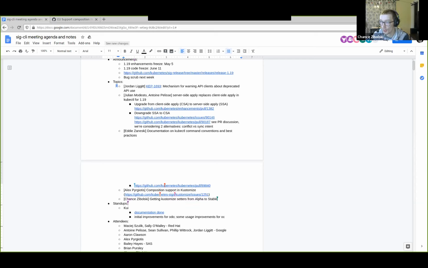I don't know when or how setters got added, but I presume it's with the transition to the KYAML base libraries. But the idea is instead of using transformers to adjust values, you annotate fields with comments in Customize, either in the resource or in your customization YAML, and Customize can then use customize config set, and then the setter name, and then the value that you want to set it to. So you get no templating, but you still have the ability to adjust arbitrary values at very particular locations in the resources or customization.